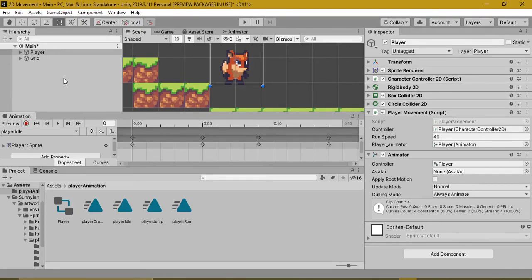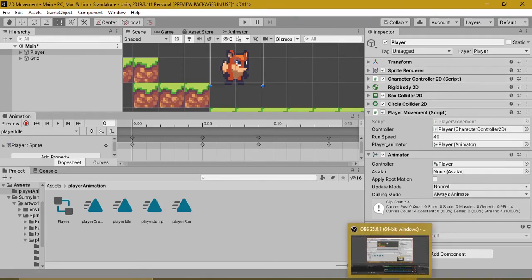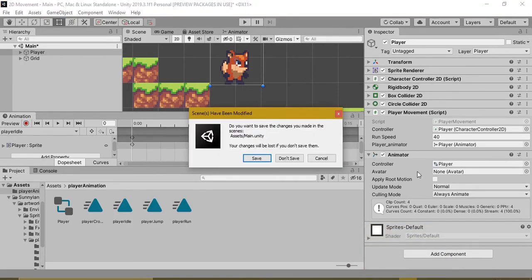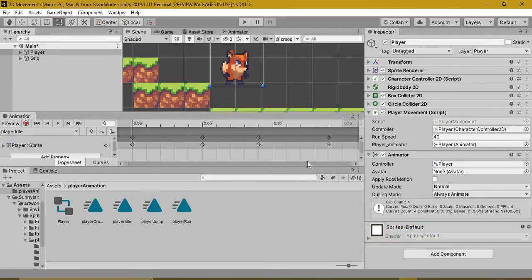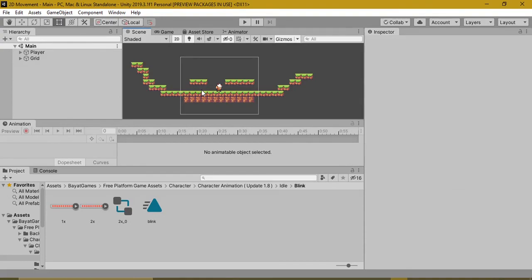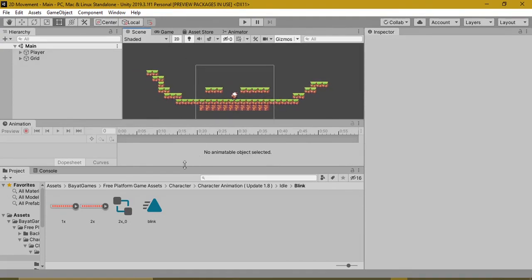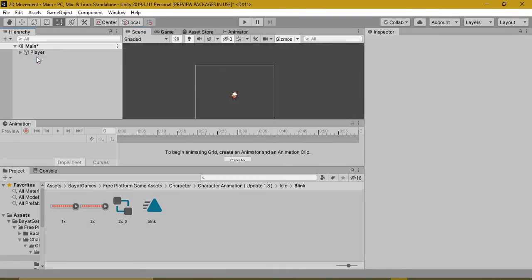So this is called sprite animation. There's another kind of animation called skeletal animation, which I'll be doing in another project. So I'll close this project for now. I'll not save it. Hey guys, here I'll show you a new kind of animation in sprite animation itself. It's called sprite sheet animation. I'll go ahead and delete these.